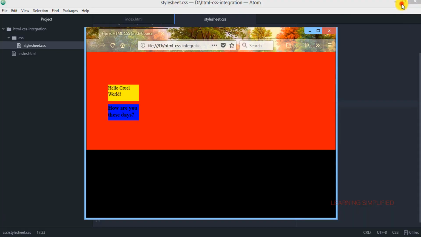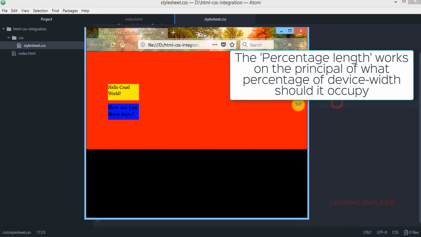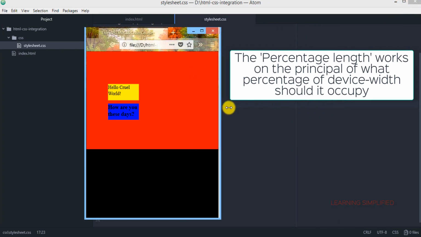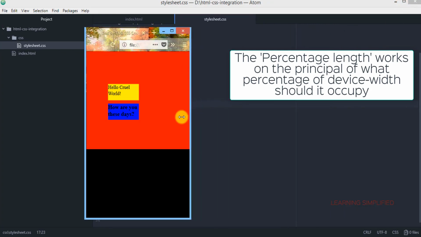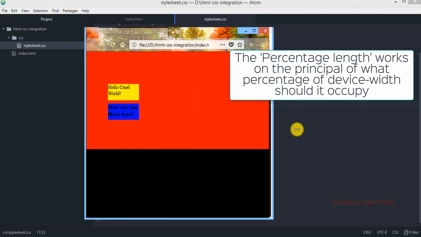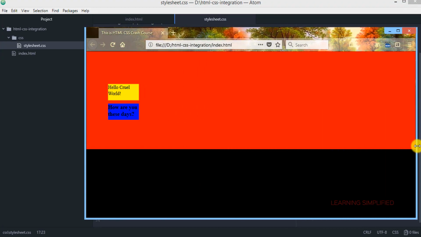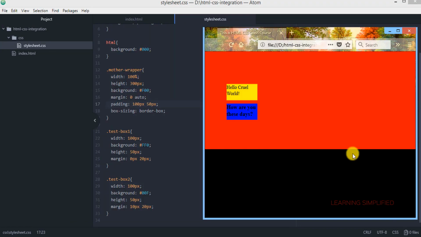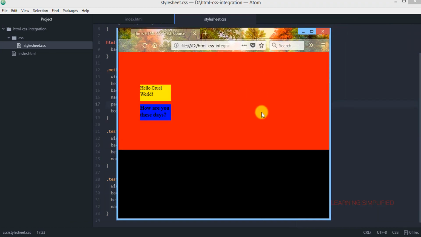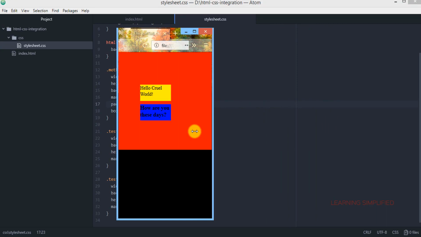There won't be any problem if you just reduce the size of this particular browser or increase it as long as you want. Still you can see that all those elements are practically obeying this percentage value. They will be acting accordingly. They will be either stretched or narrowed down according to this browser condition.